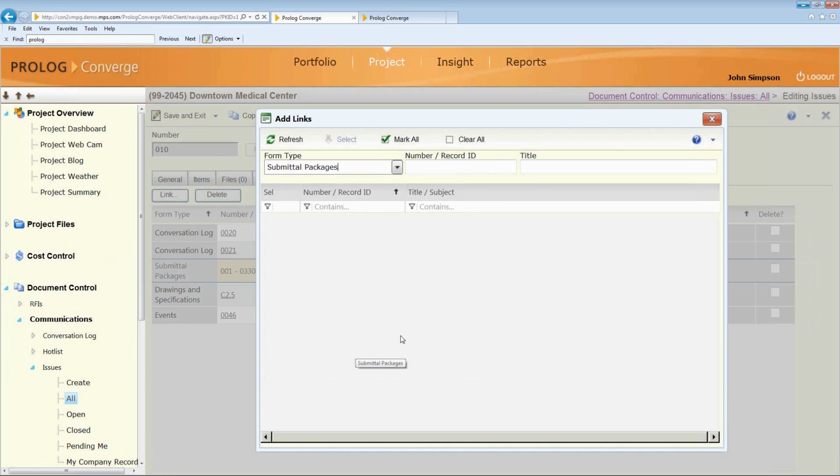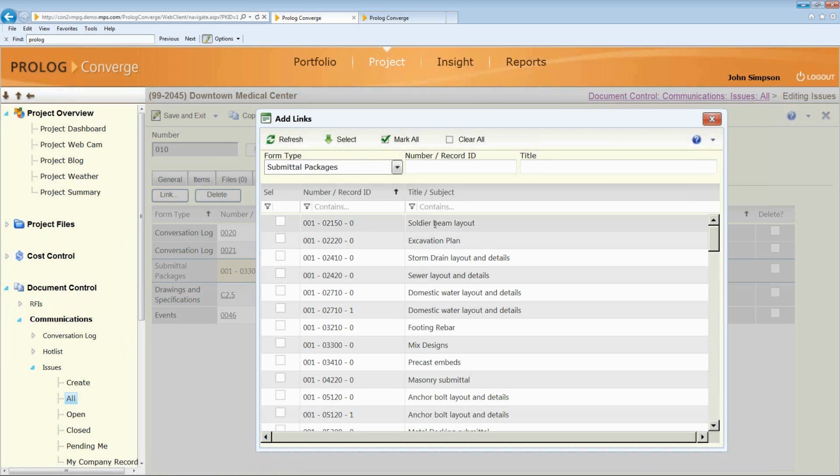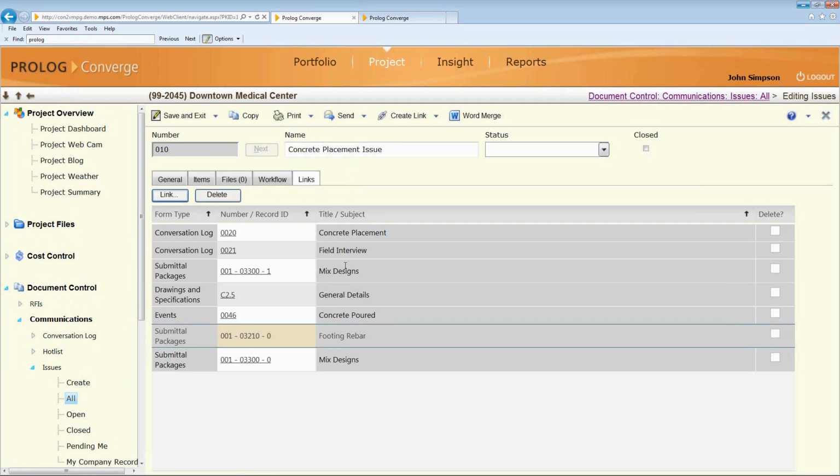Let's go to our submittal packages and link to the submittal that had been approved by the architect and engineer. When I come in here, it would show me all of the submittals. I can go, oh, well, here's my rebar design and maybe the mix design. Select those, and now those are also linked to this. So as you're seeing, we're starting to develop a real-world issue with all of the history that happened around this